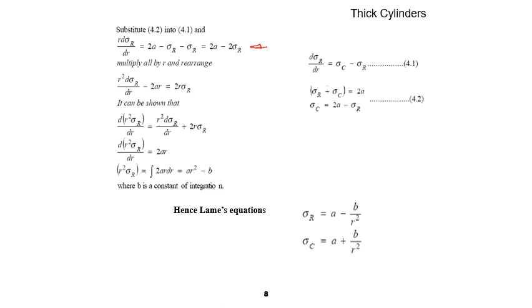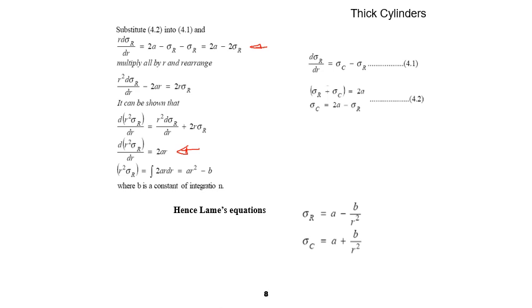And finally, we have this equation here. And we can then integrate both sides. If you take dr to the right, so we have 2 sigma r dr, and on the left is d(r squared sigma r), or sigma r dr squared. Okay, so if we integrate this with respect to r, then what we have is r squared sigma r is equal to the integral of 2 sigma r dr, and what we then have is